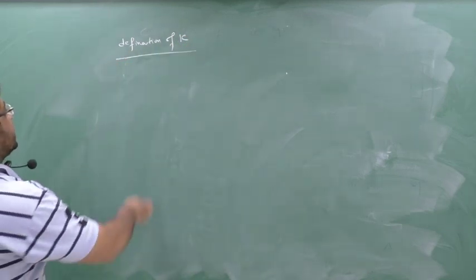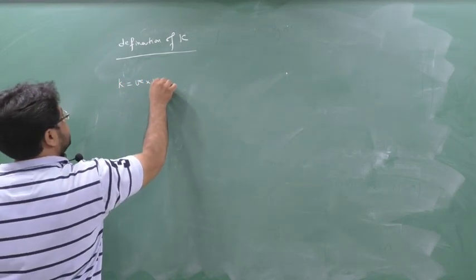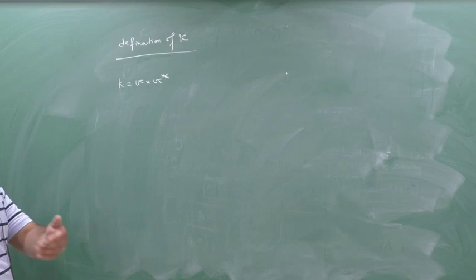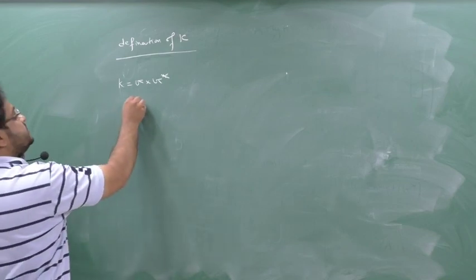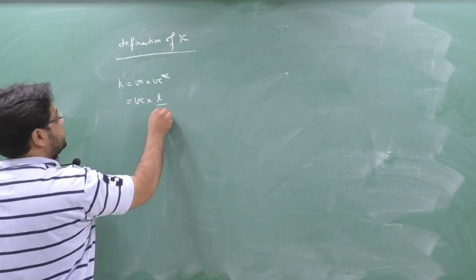So you have to understand your definition of kappa, okay? You know one kappa formula, just now I told you kappa means equal to what? G into G star. This formula we have just done, no? Where G star is something but a what? Cell constant, that is L by A.